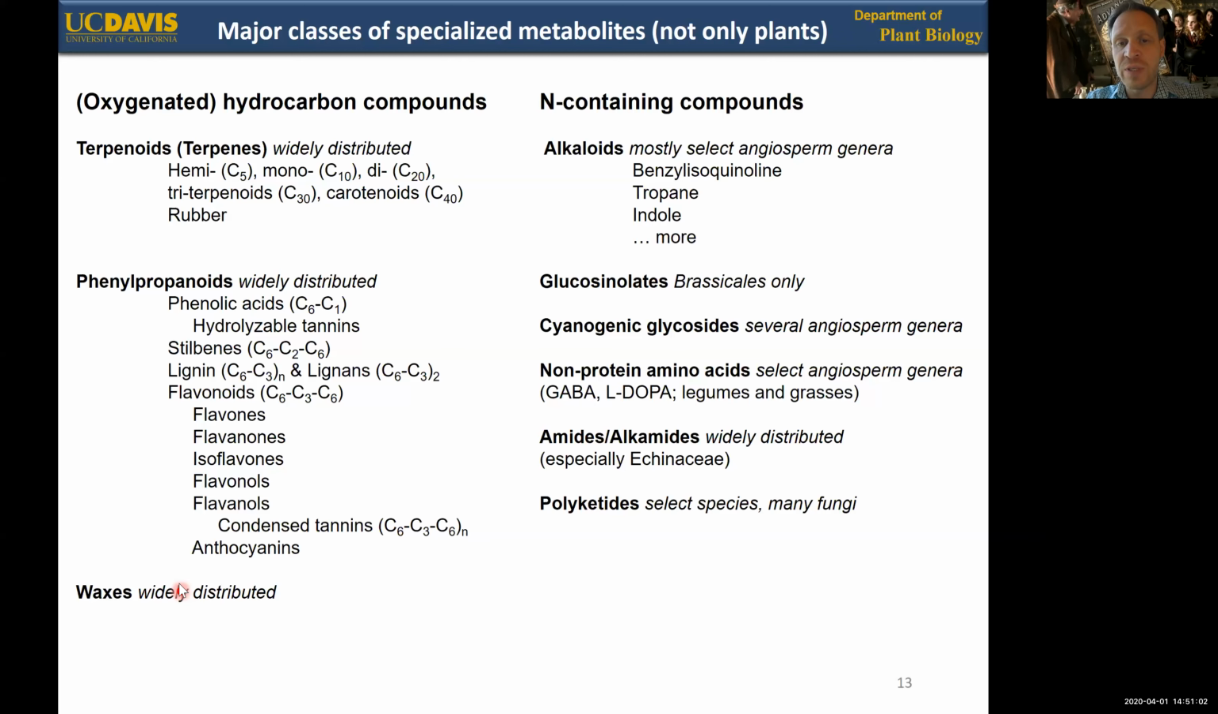but nonetheless important. NPAAs, or non-protein amino acids, actually occur in a number of angiosperm species. And those are things like GABA and L-DOPA that are, for example, used as specialized metabolites in legumes and grasses and some other species. Amides and alkamides are their own subgroup, but there isn't actually all that much research out